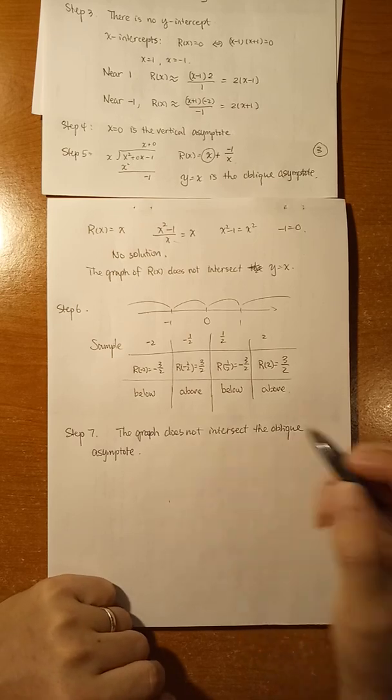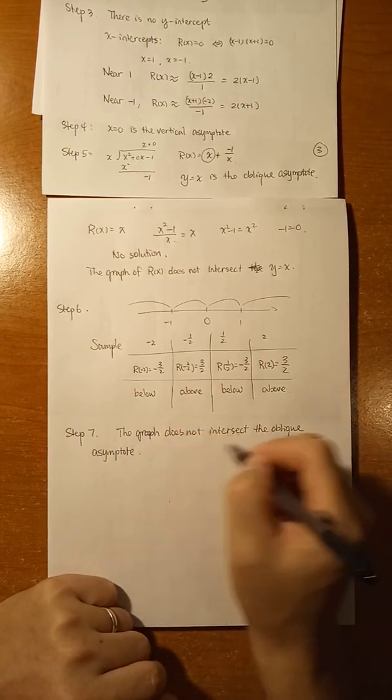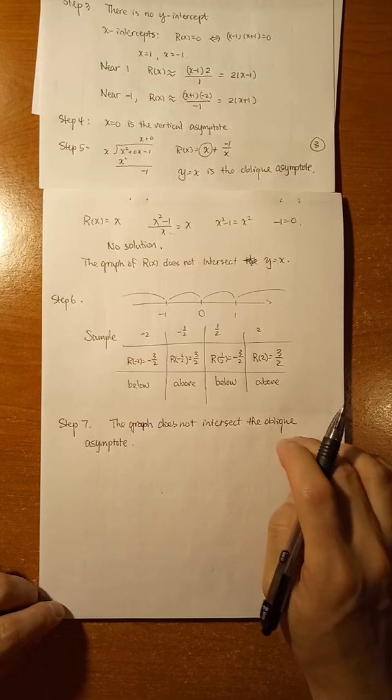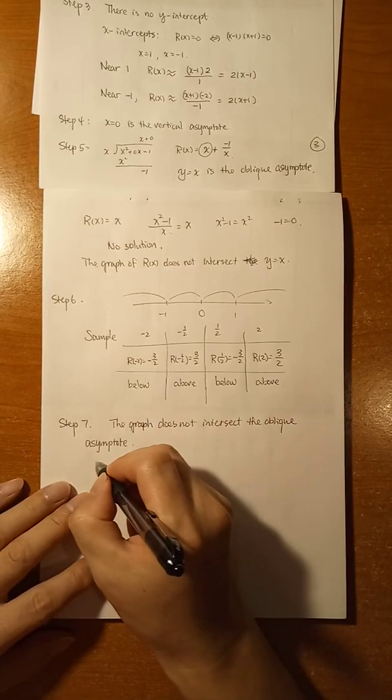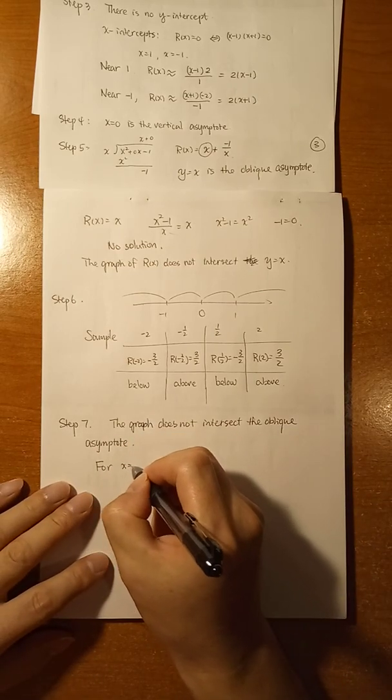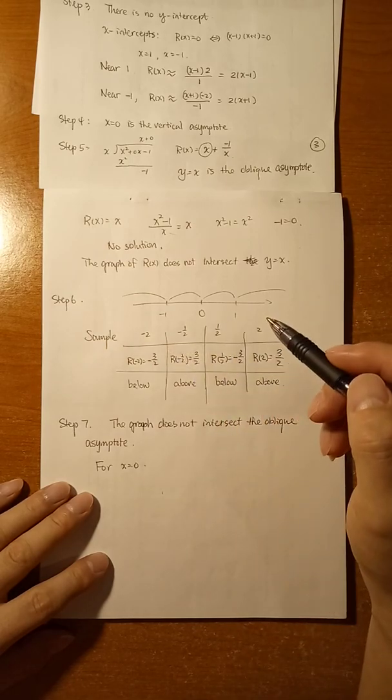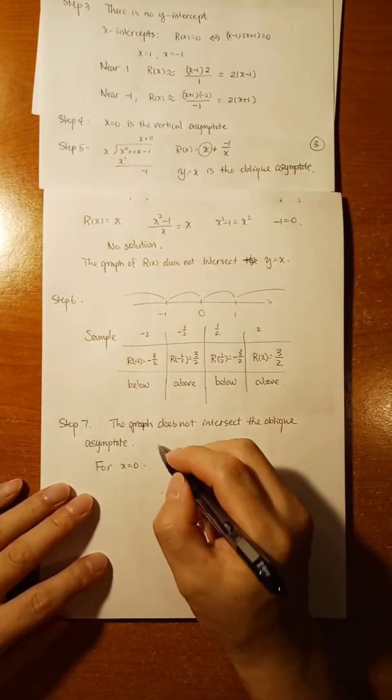So this is one thing. The graph does not intersect the oblique asymptote, and for the vertical asymptote, x equal to 0. Where's the vertical asymptote? Here, x equal to 0. The left side,